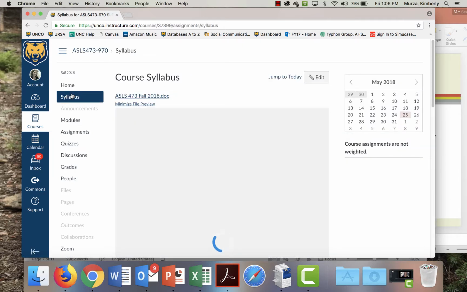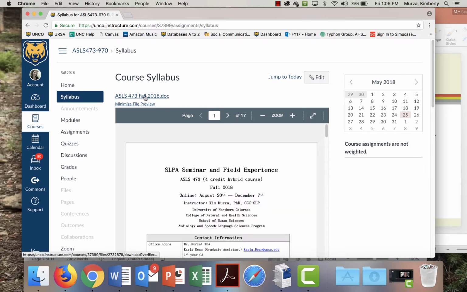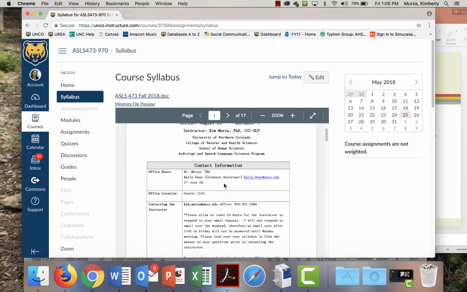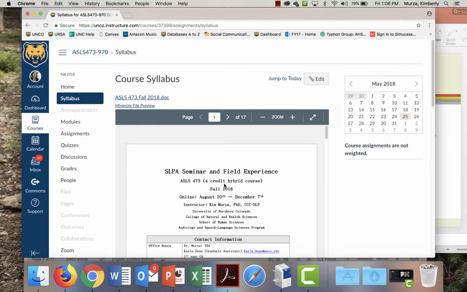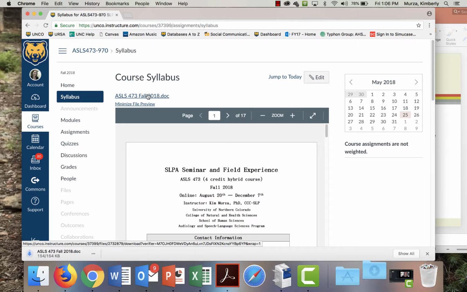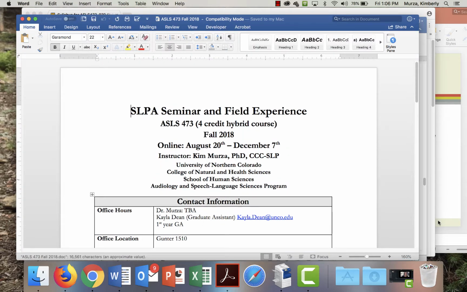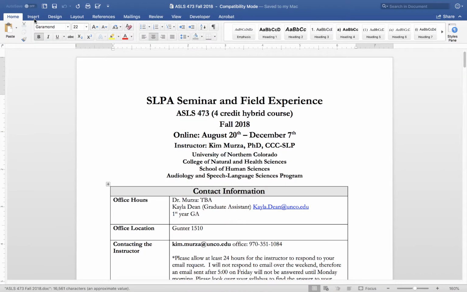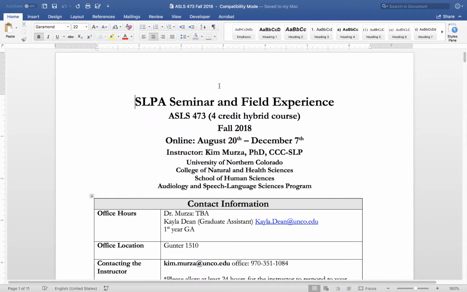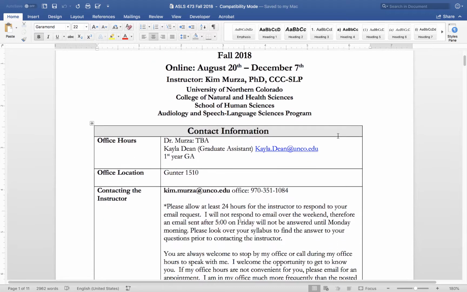So if you just click on the syllabus, you'll see a downloadable file here, but also you're able to preview the syllabus right on your screen. I'm going to open this up so that we can take a closer look at it. All right, so what you'll see here is the name of the course, that it's fully online, and it's offered during the entire fall semester. Some important information, you'll probably see that this has been updated at this point, and you've got 2